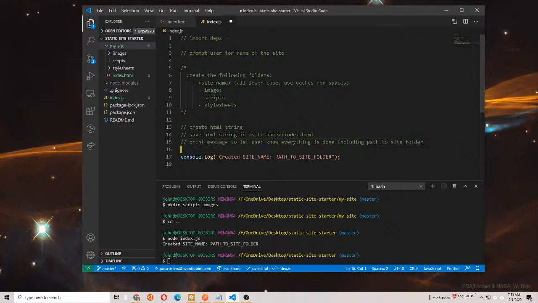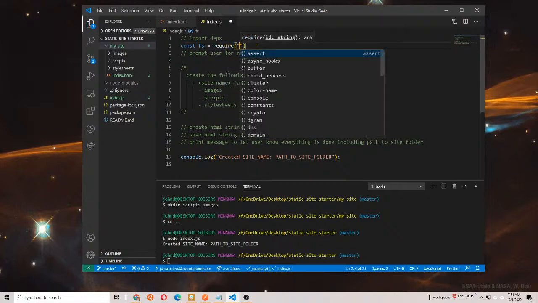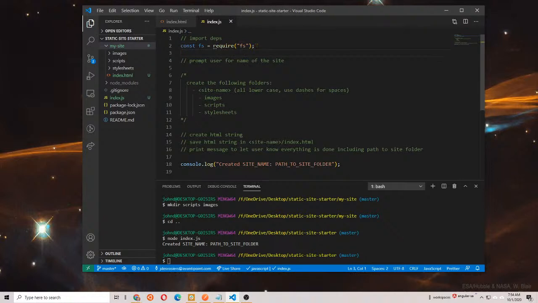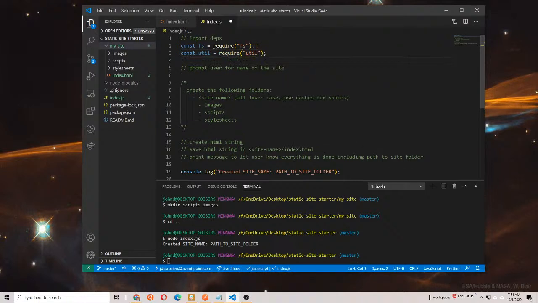So we're going to bring in the file system module so we can write files. I'm going to go ahead and require fs. And then, instead of using callbacks, I'd like to show off how you can work with promises and the async await syntax. So I'm also going to bring in a handy utility that comes with Node called promisify, because I can use this utility to convert